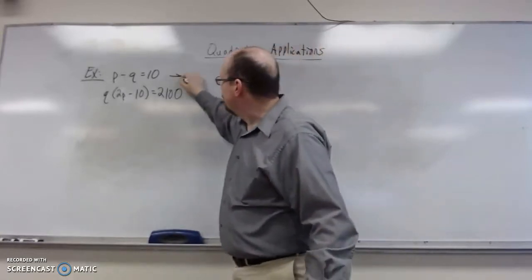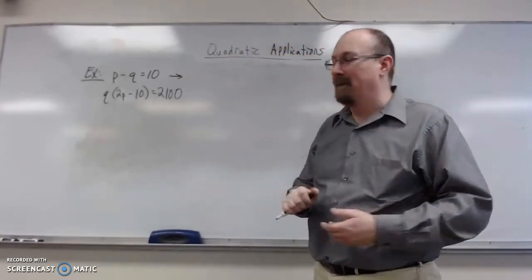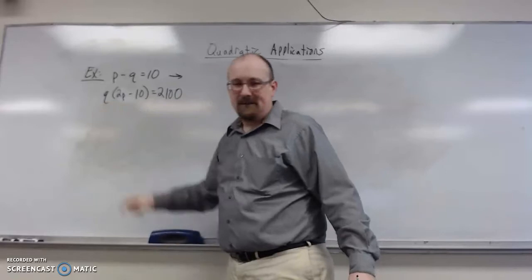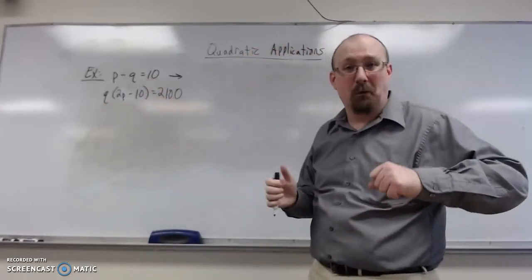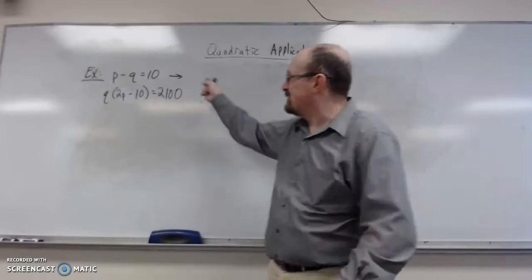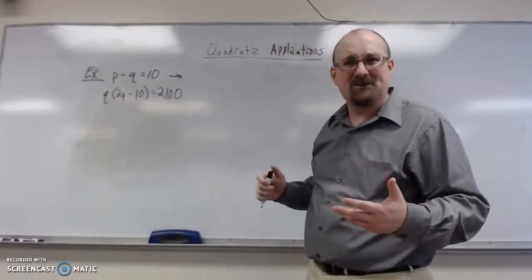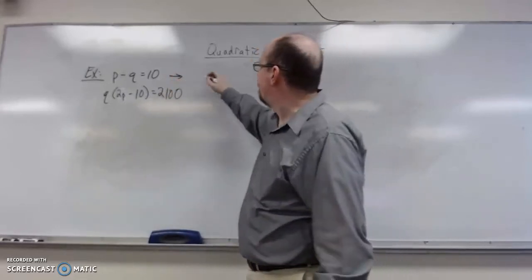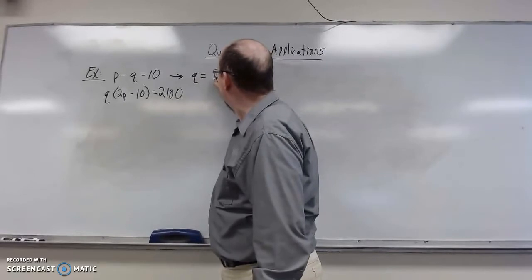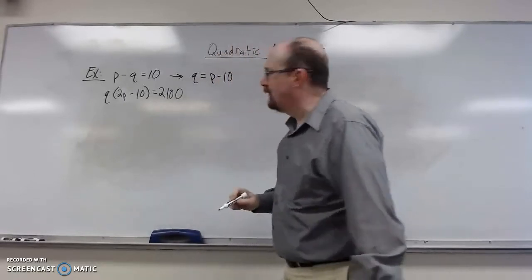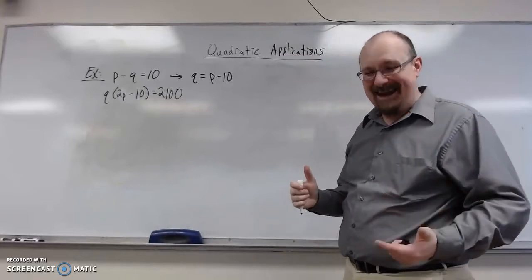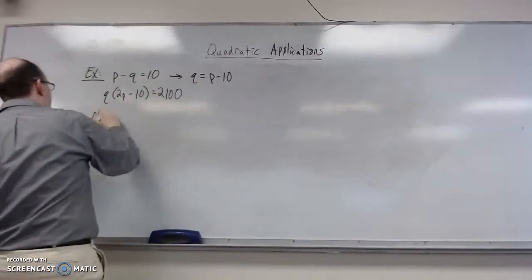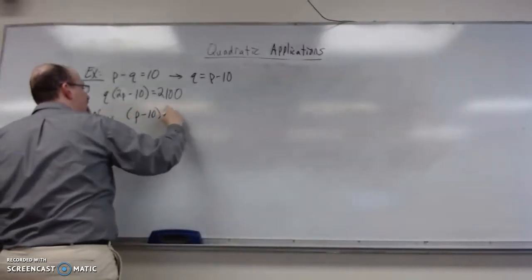So what I'm going to do, now technically you could do either one, but thanks to the way this is formatted, if I can get this thing in terms of Q equals something involving P, then I can feed it directly in and work out what happens with the FOIL algorithm that we saw in section 2.1. Now, as it turns out, you maneuver the algebra around, you're going to get the following. So Q is going to equal P minus 10. So now I can take that, shove it in right there,